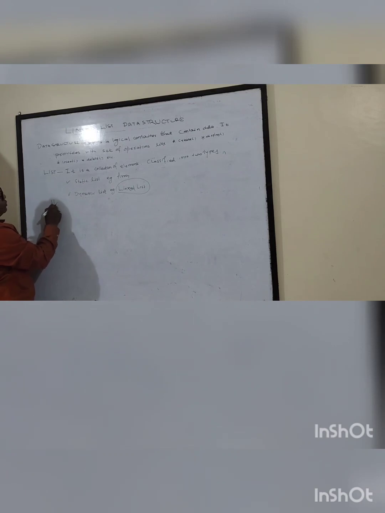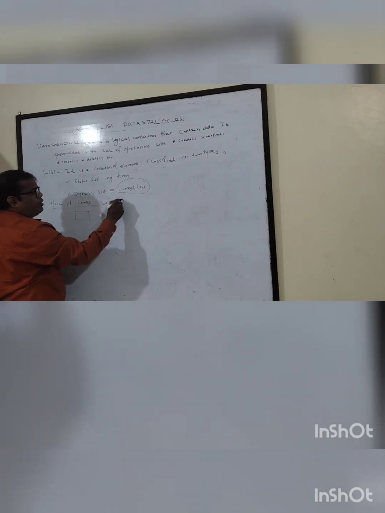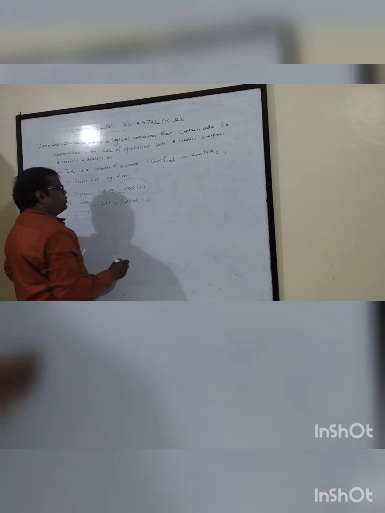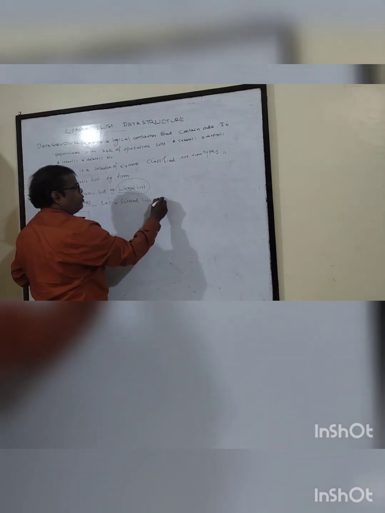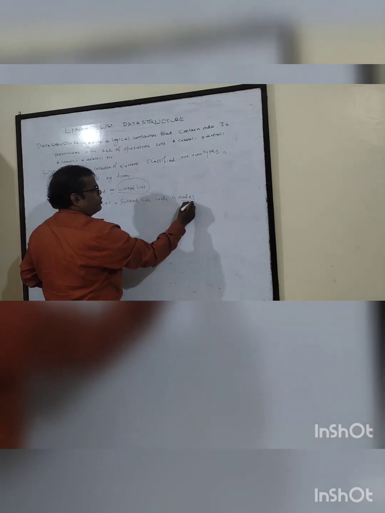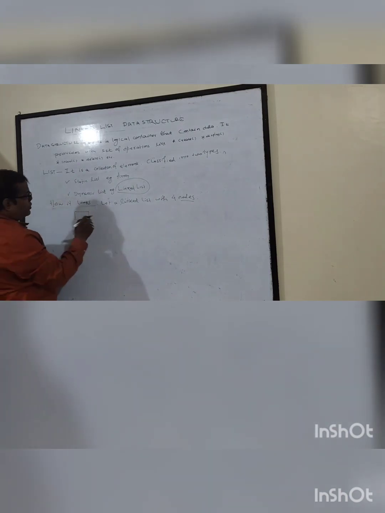We can give an example: let a linked list have 4 nodes. We will come back to each and every concept of that. Here, you must have the knowledge. So I create what is called the head node,